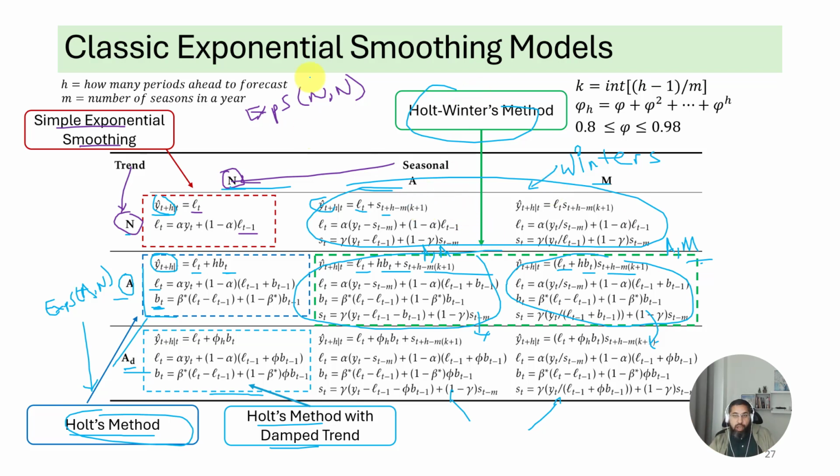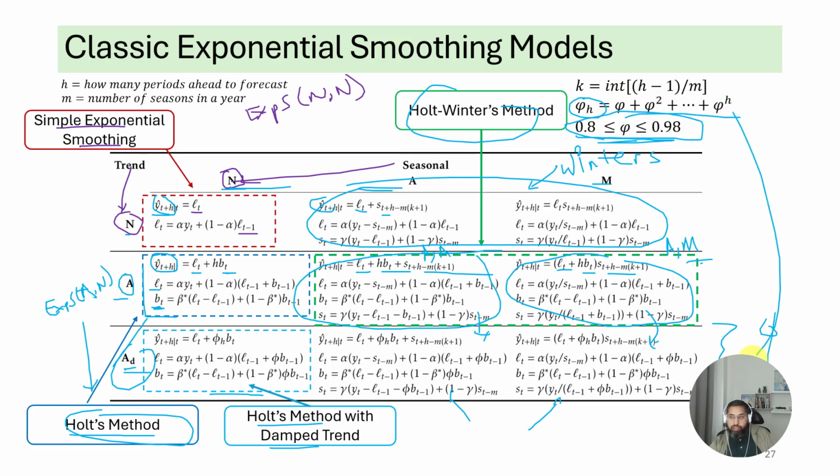the Holt-Winters method. In terms of the equation, this phi, you'll only see this phi in the damped trend equation. So down here is where you'll see the phi. That's the damping factor, and almost always it's kept between these values because that keeps things stable. You don't want it to be too low, too much damping, or too high, too close to 1. 1 would mean no damping. Okay, so practical experience tells us it's almost always going to be between these values.